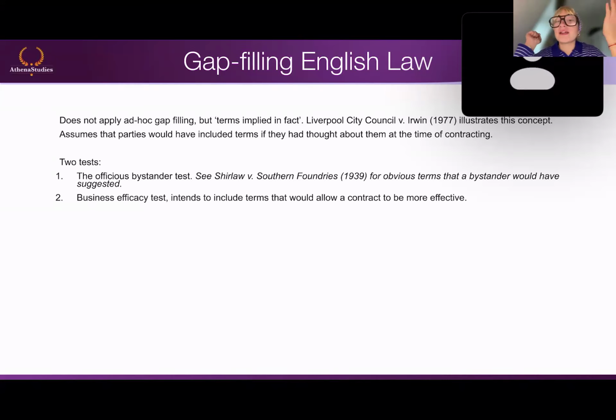And then we have the business efficacy test, which asks the question whether, for example, okay, I know we're missing this term, but is the contract really affected by this missing term, or can it simply go on without this term? So, can the contract continue existing without any significant consequences in the absence of this term, or is it so significant that the contract fails and falls apart? That's the question that the business efficacy test asks. So this is basically common law.